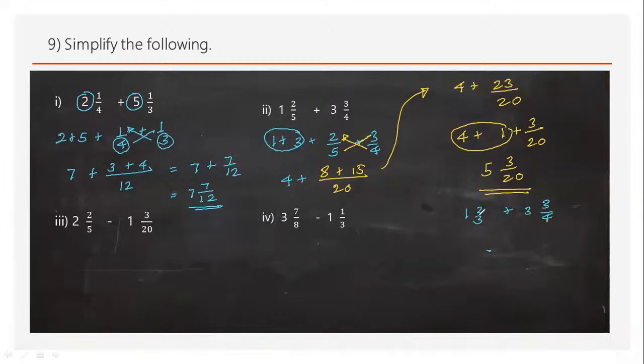Then 3 times 1, 3. 3 and 2, 5/3. And 4 times 3, 12 and 3, 15/4. This is by 4. This is by 4. This is by 3. This is by 3. 4 times 5, 20/12 plus 15 times 3, 45/12. Then you can write here 20 and 45, 65/12. Then you can see here